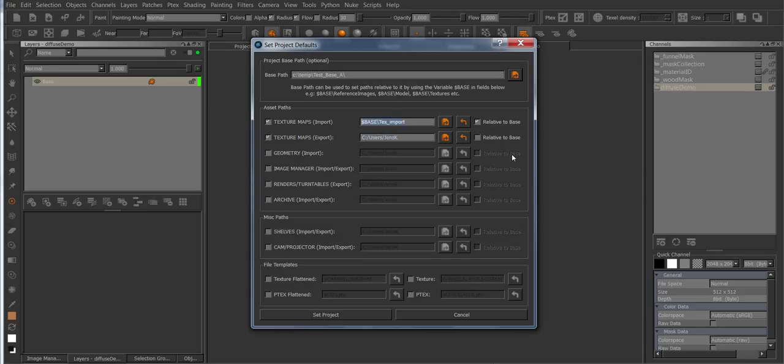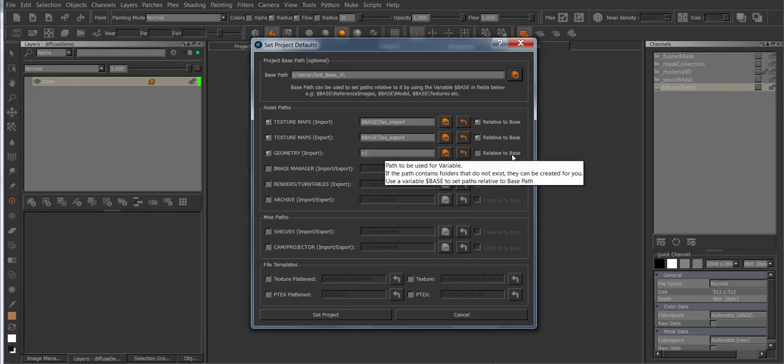and the same thing down here. I'm just going to name this text export, and I'm going to set a non-relative path for my models, and then set the project, and it would resolve this path. If you turn off this relative to base, it'll turn off the relativity to the base path, so the path will be fully resolved with whatever's in the base path. And if you toggle it on again, it'll scan similarities between the two paths and replace with the base path,